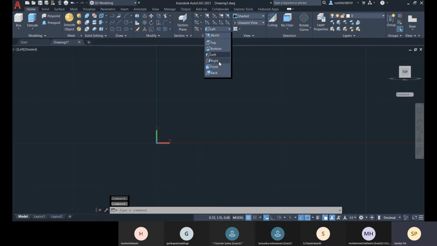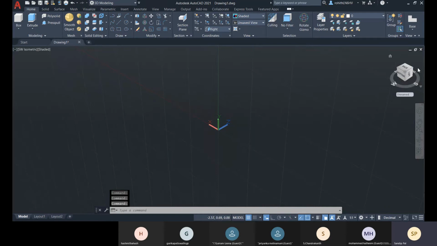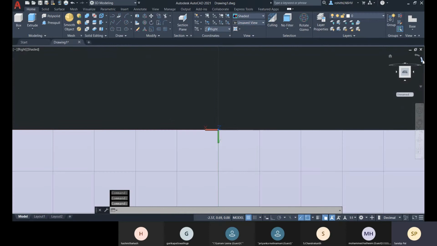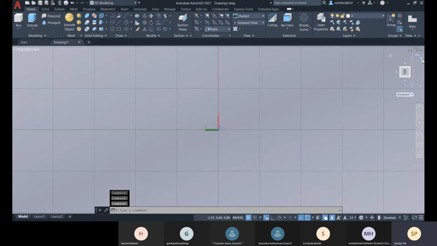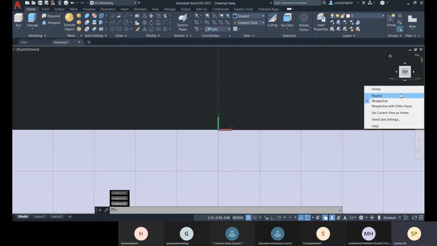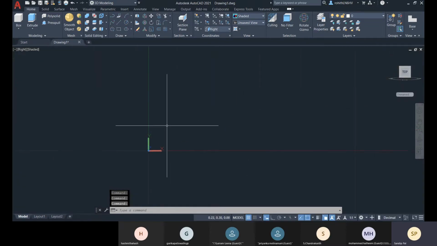Okay, and if you go for right, just let me change it to the top where it is. Yes, so the top is selected right now, and from this I need to go with parallel, and I have selected this top, and there you can see this is the right view actually.